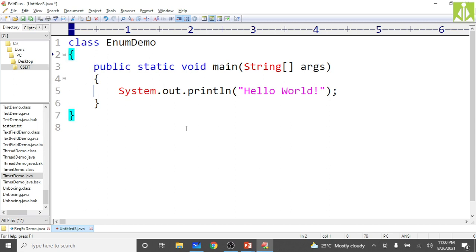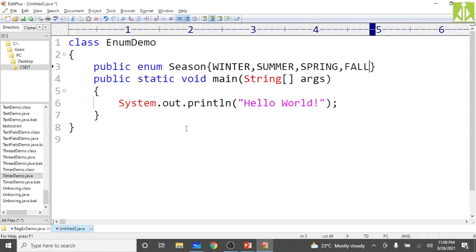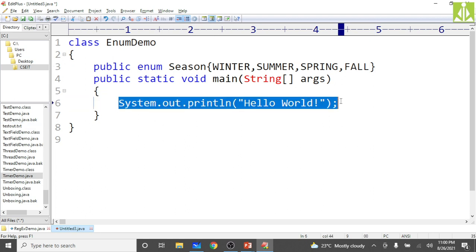Before the main method, create the enumerator: public enum, name is Season. Take the curly brackets, and between these curly brackets put winter, summer, spring, then fall. Like this we have created it with 4 fields. Now we need to print that enumerator.